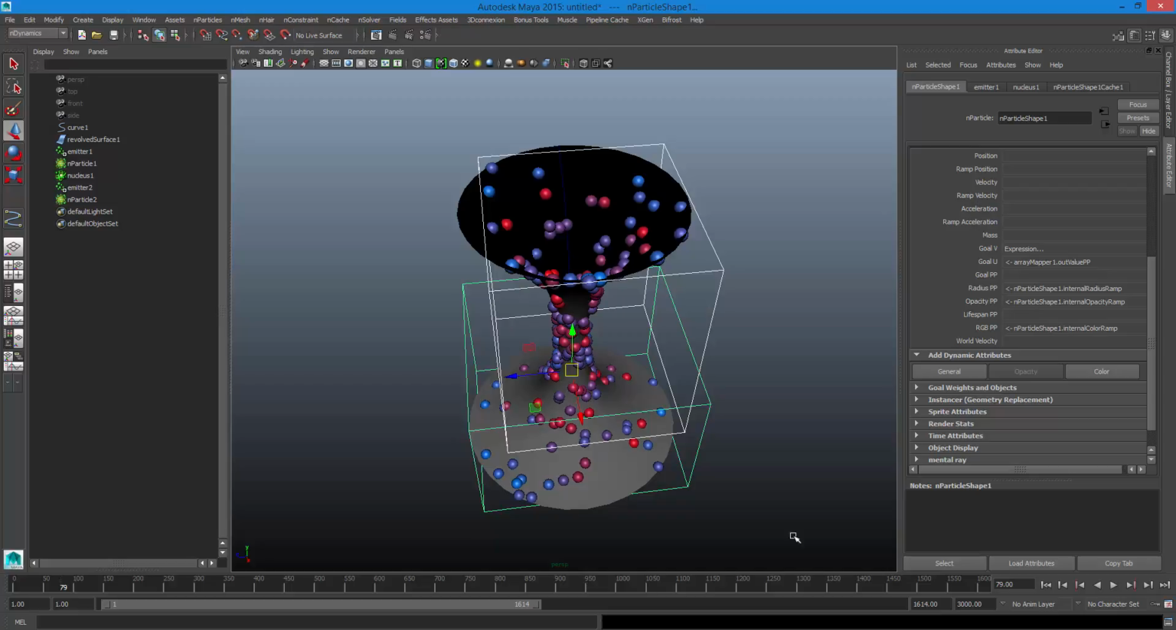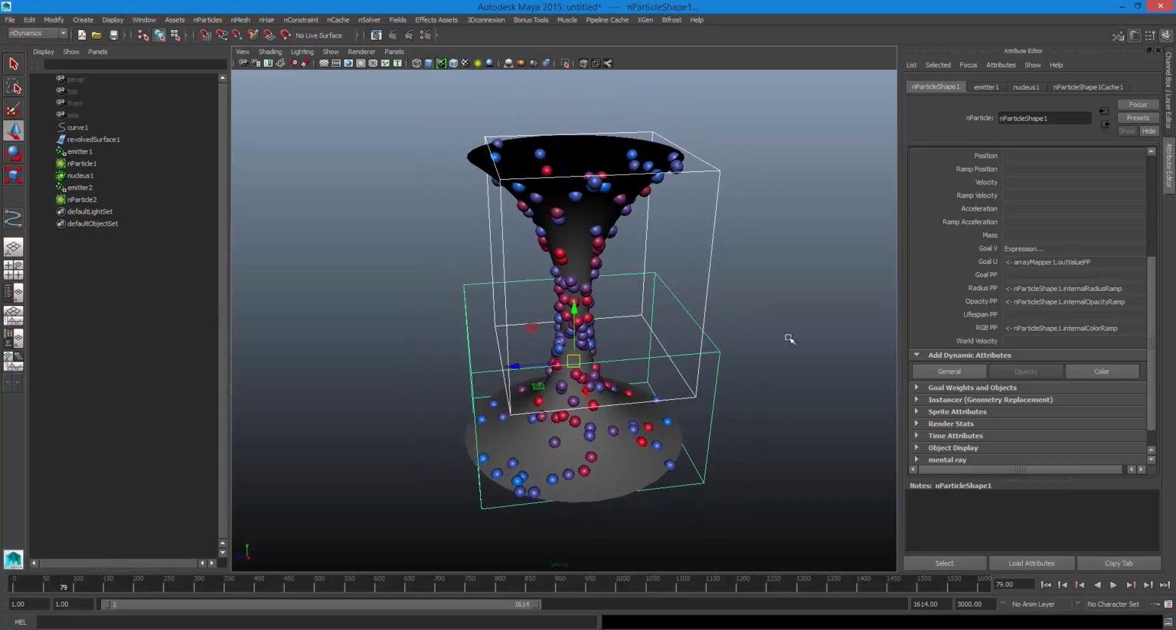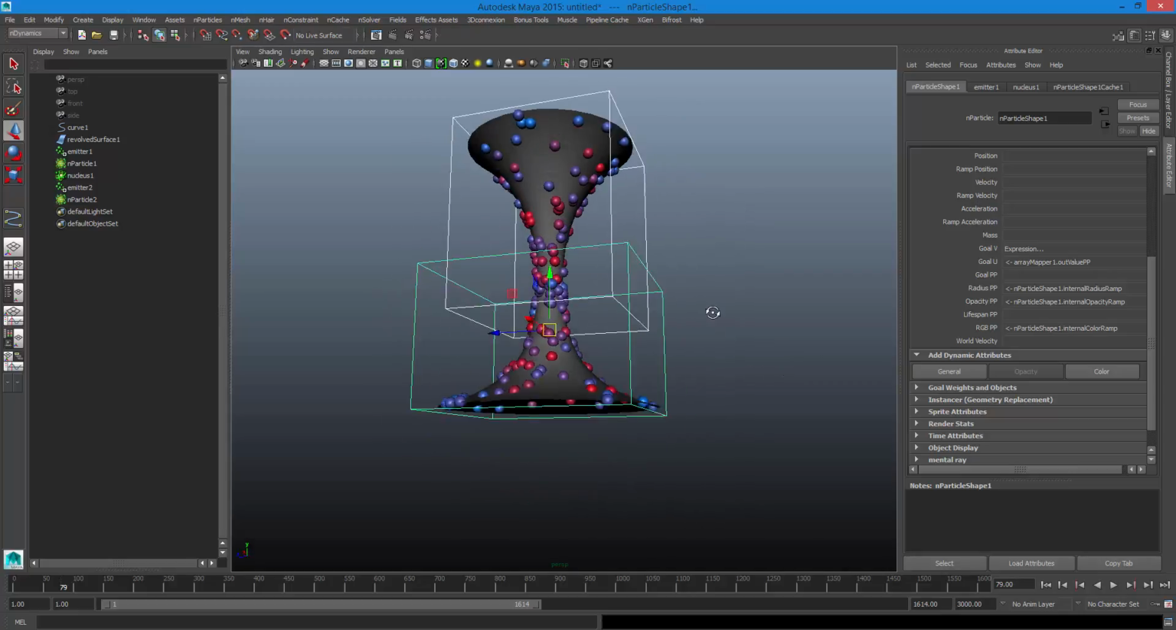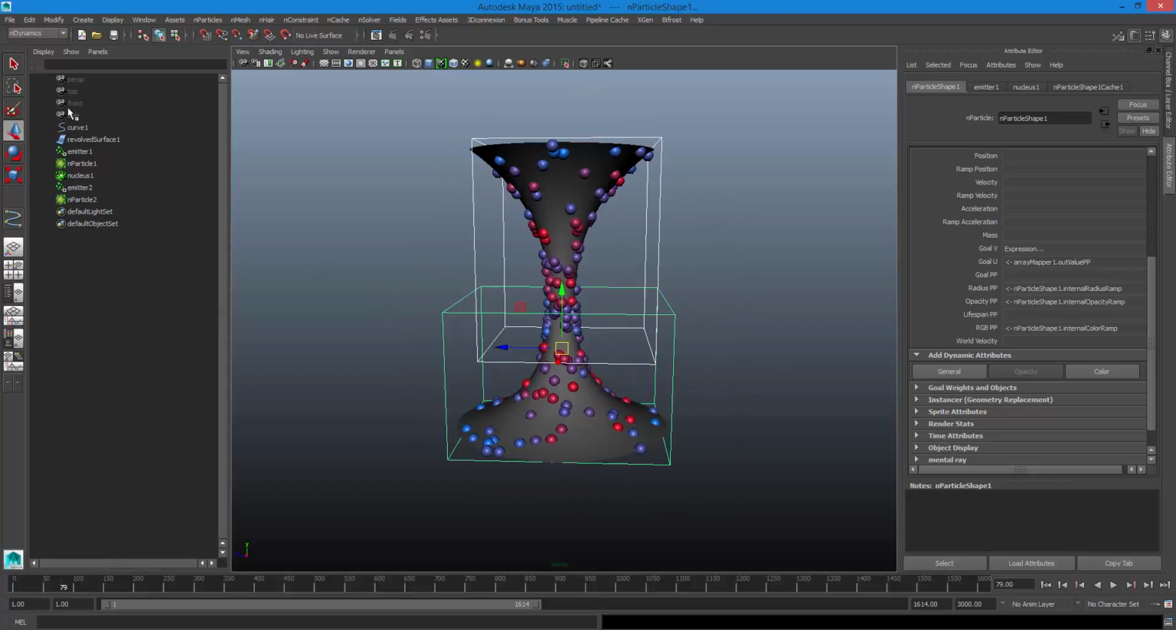So, welcome back. Here we are back inside of Maya. And what I want to do is I need to add in a fluid container. So, I'm going to come here and go to my normal dynamics set because my fluids are still in here